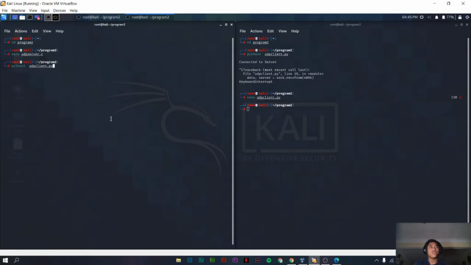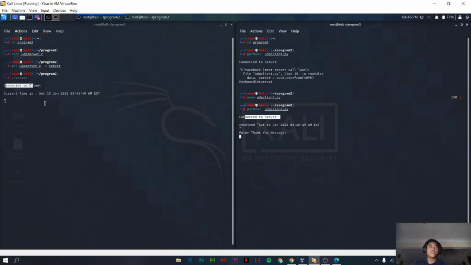Okay, we compile the UDP server first, and then we run the server. Okay, we use Python 3 to run the client. Okay, as you can see here, the server is connected to the client, and the client is connected to the server. Current time is Saturday 15 Jan 2022, 3:45 AM. This is the current time, and then it will be sent to the